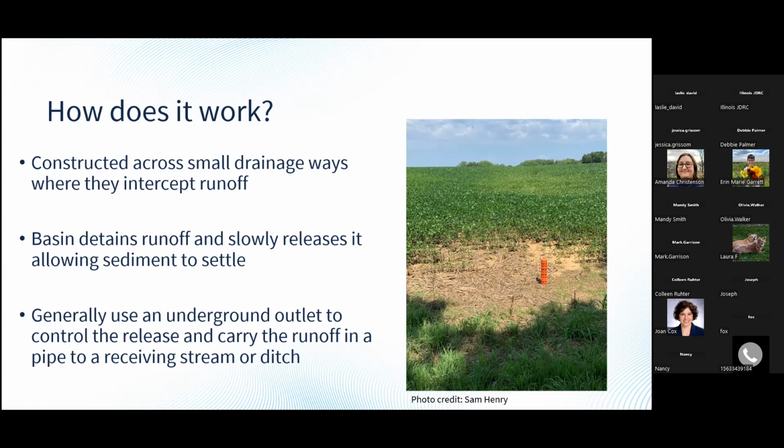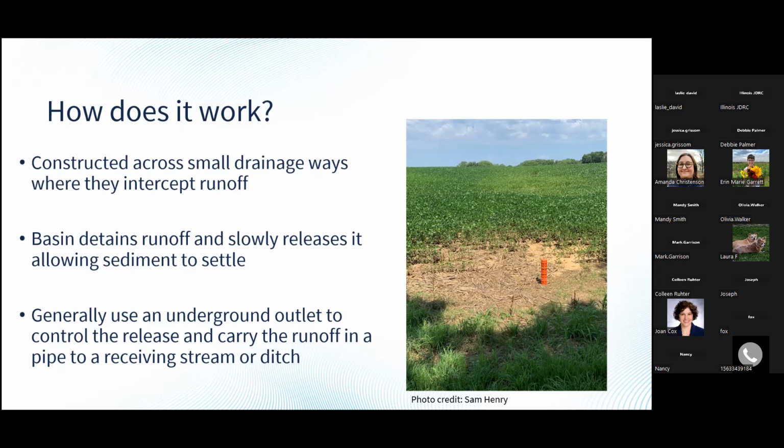So WASCOBs are constructed across small drainage ways where they intercept runoff, and the basin detains runoff and slowly releases it, allowing the sediment to settle. Generally, WASCOBs use an underground tile outlet to control the release and carry the runoff in a pipe to a